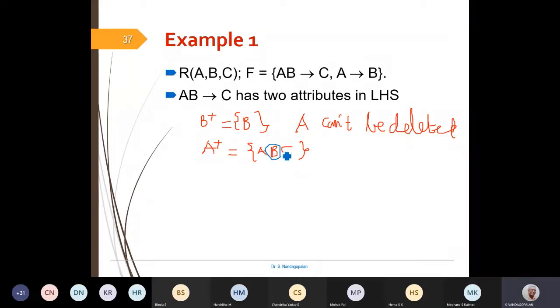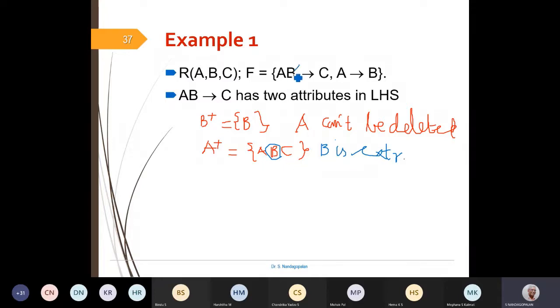So the deleted one is actually appearing on the right hand side, which means that B is extraneous.